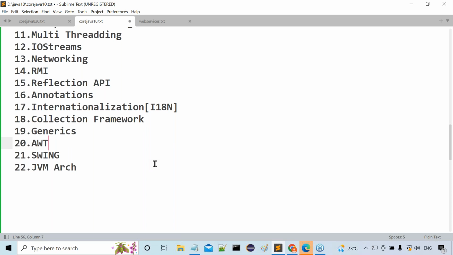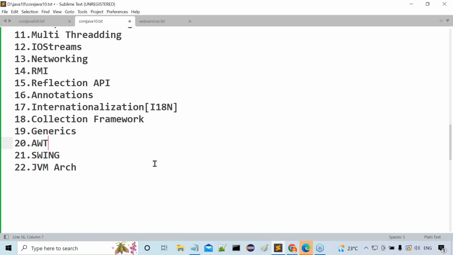What is the JIT compiler? What is the purpose of it? Next, what is an interpreter? What is the purpose of it? After that, what is the garbage collector? What is the purpose of the garbage collector? Then how many types of memories are available in Java? What is the heap memory? What is the method area? What is the stack memory? How are these memories going to be utilized? How are threads going to be executed over our program? Yes, sir, got my point or not? All these concepts we are going to understand inside JVM architecture. Nearly 4 to 5 hours of time we are going to spend on this JVM architecture.